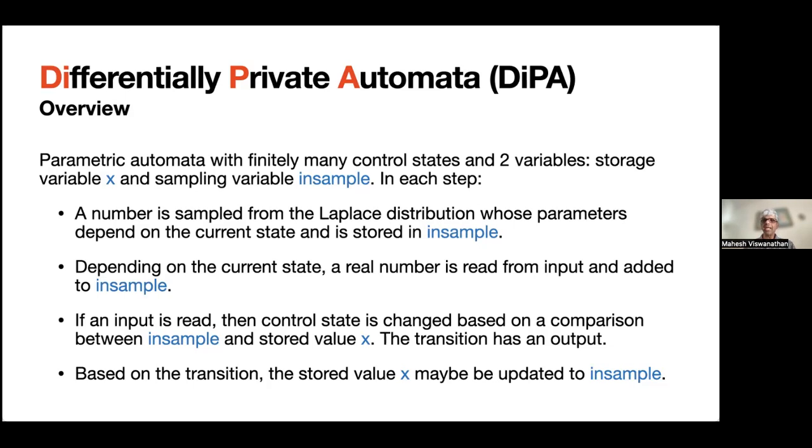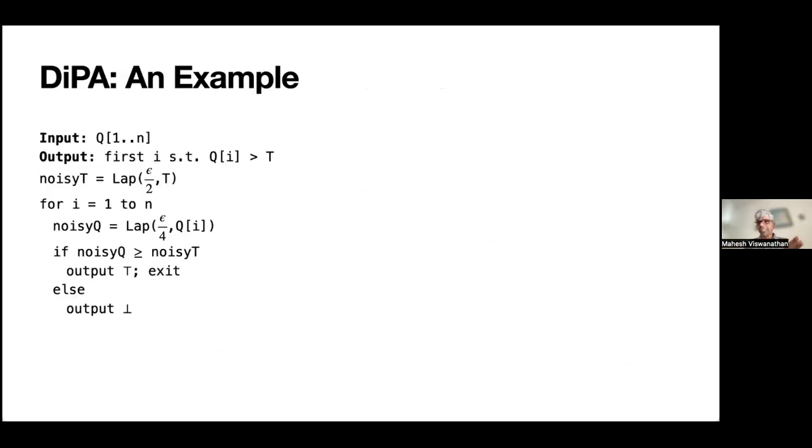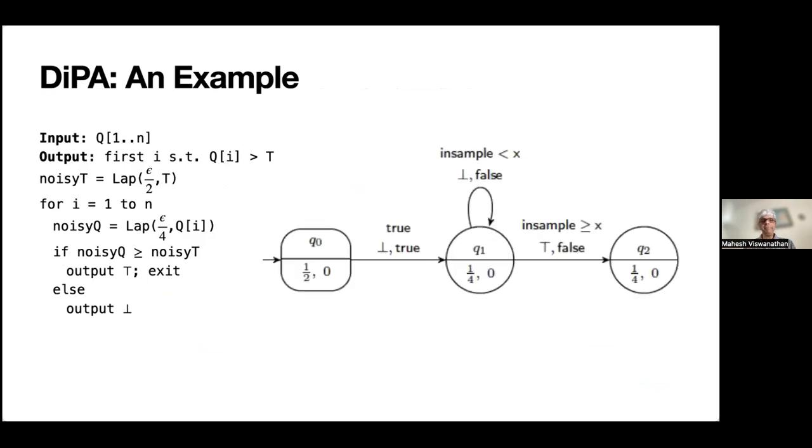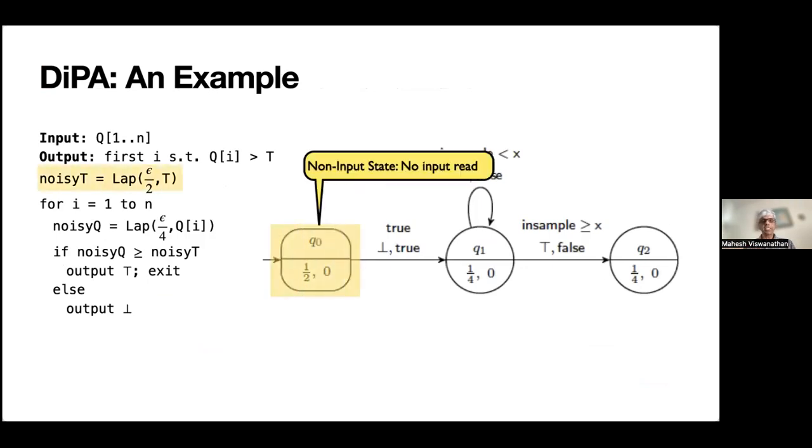So let's look at an example and it'll become a bit more clear. This is the SVT algorithm that we've been looking at throughout this talk, and so I can model it as an automaton. The automaton looks like this. As I mentioned, there are two types of states. There are the states where I'm not reading any input value, and that I'm going to denote by these rectangular states in these pictures that I'm drawing in